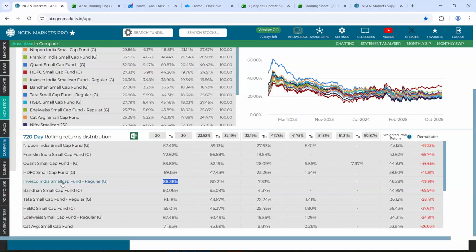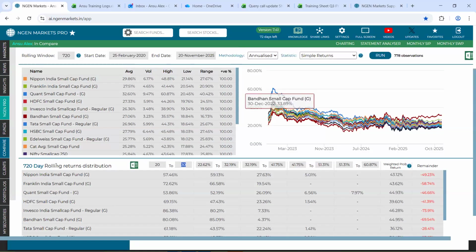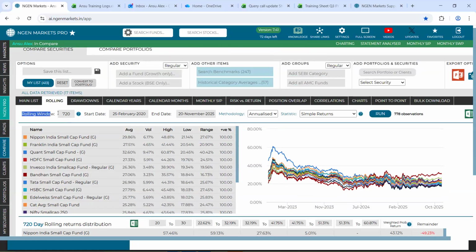So 86% of times, Invesco Small Cap has generated returns between 20 to 30 percent. In a similar way, each of these buckets is editable. You can input your respective return ranges as well, and this rolling return distribution will anytime pick up the return range, or for that matter the rolling window, basis what you have set in this section called rolling window.